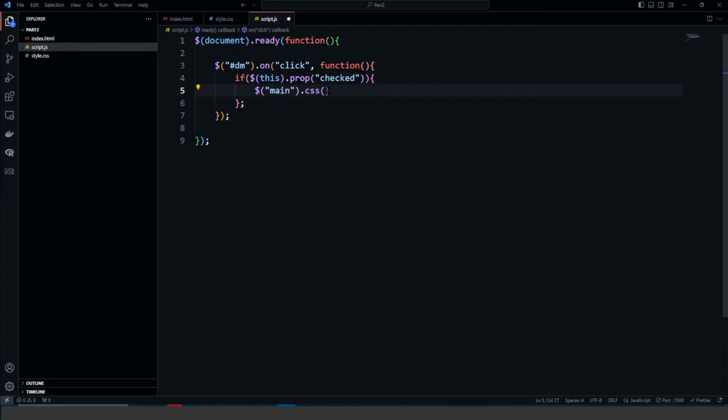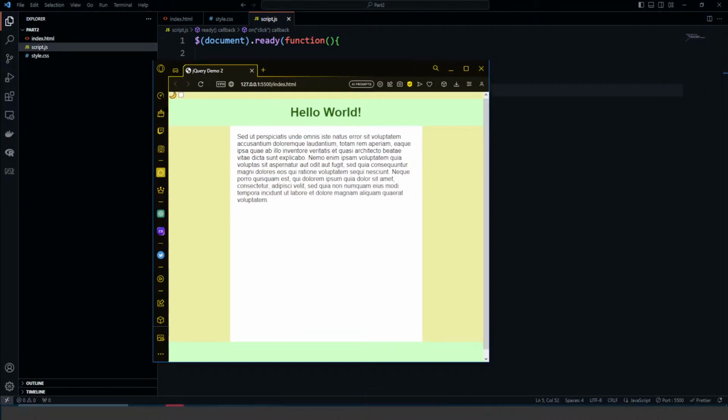Oh wait, yeah, filter. I was right. Filter, comma, inverted 1. Right, and so that will invert the colors of this area. And because it's a simple area, and we're just using black and white, that is something that we can do here. Right, so if I click this here,